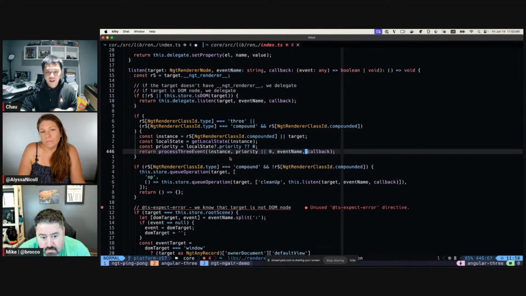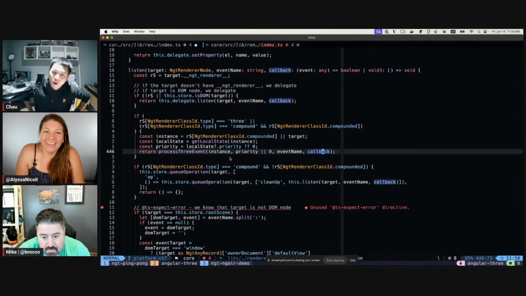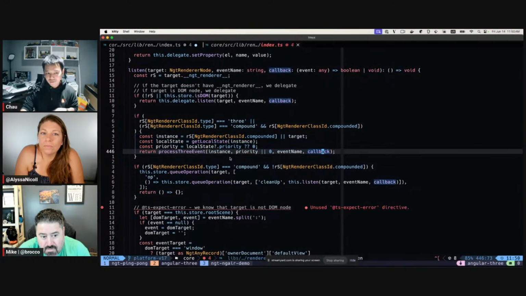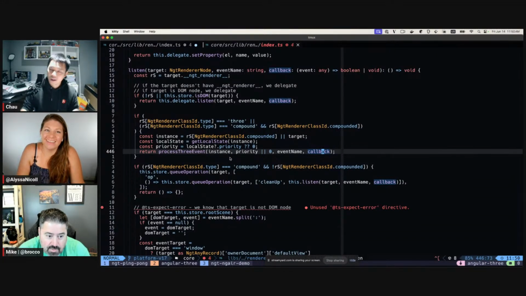The callback that you pass in, I pass it in as is. I don't override it. I don't call anything for you, and it just works with signals. So this is the updated code without any change detector ref shenanigans. So you have zero dependencies on Zone or the requirements of Zone. No, nada.